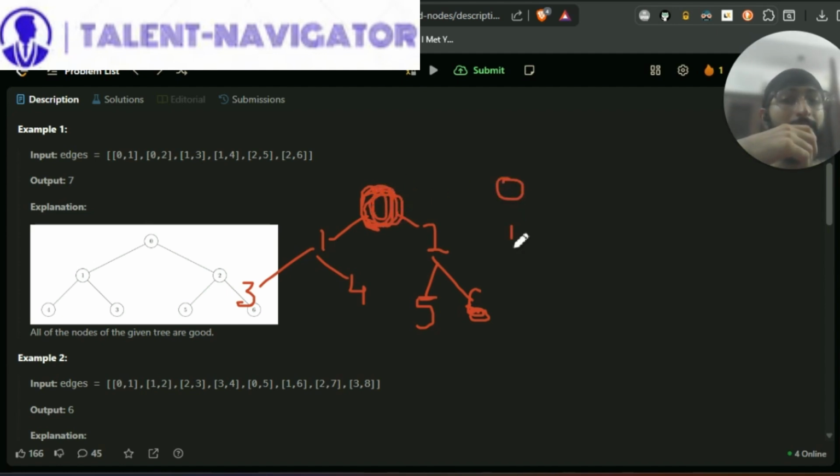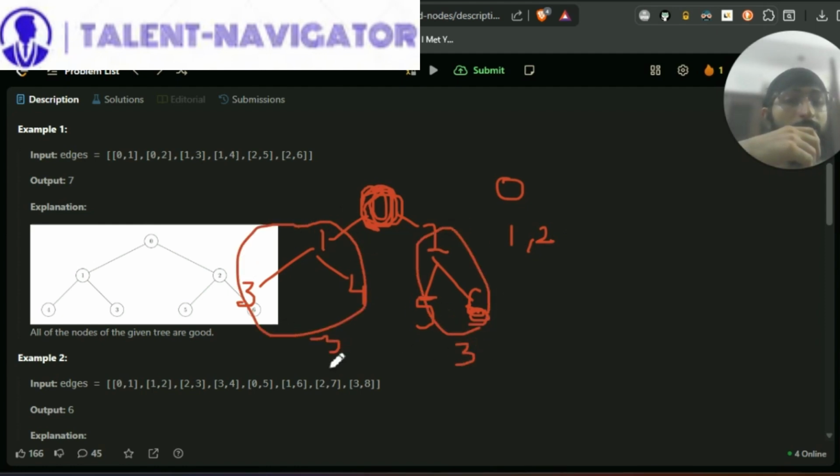So children of 0 are basically 1 and 2, right? So we need to see the subtree size of 1 and the subtree size of 2. Both have a subtree size of 3, so that means 0 is a good node. For 1, if you check 3 and 4, the subtrees of 1, basically left child and right child, have subtree sizes 1 and 1 respectively. Therefore 1 is also a good node, and 2 similarly is a good node,